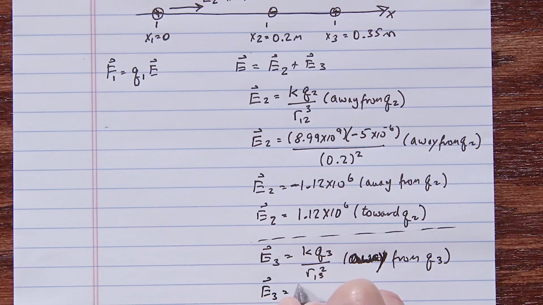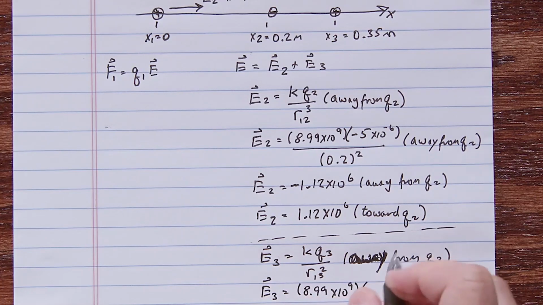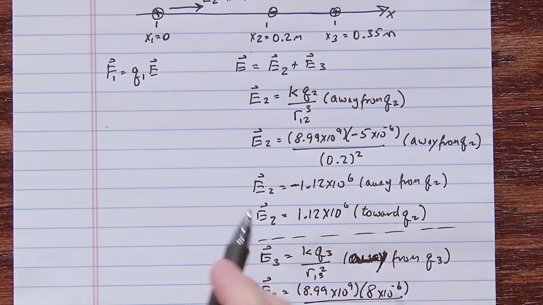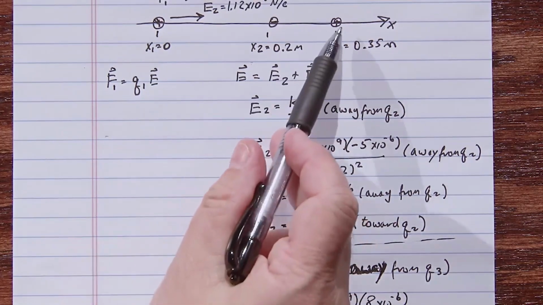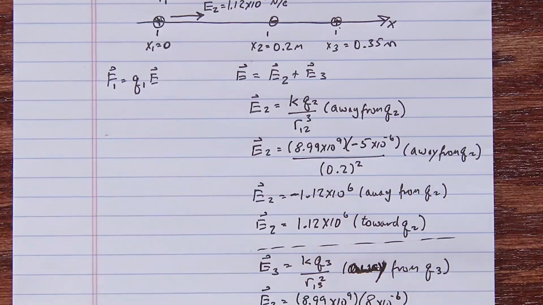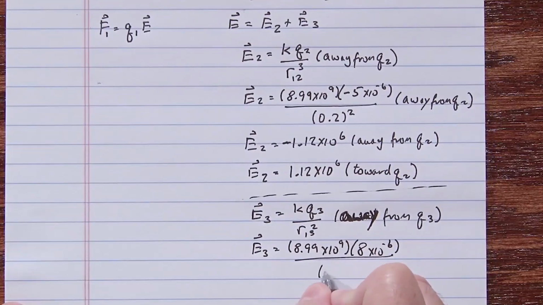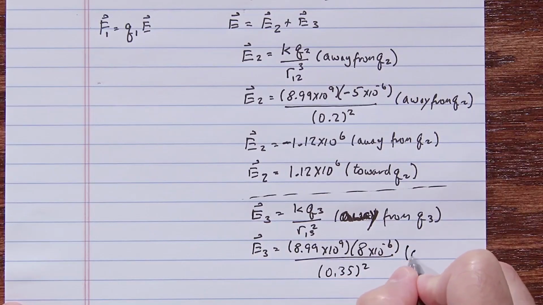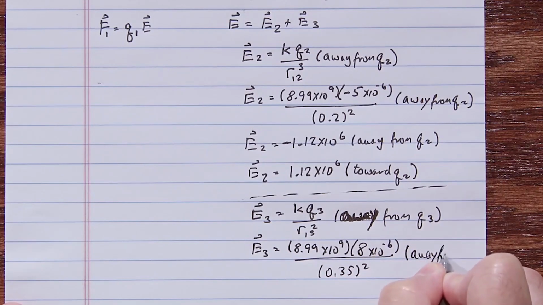So E3 would be 8.99 times 10 to the 9 times Q3, which is 8 times 10 to the minus 6, over the separation between charge 3 and the origin, which is 0.35 squared, away from Q3,